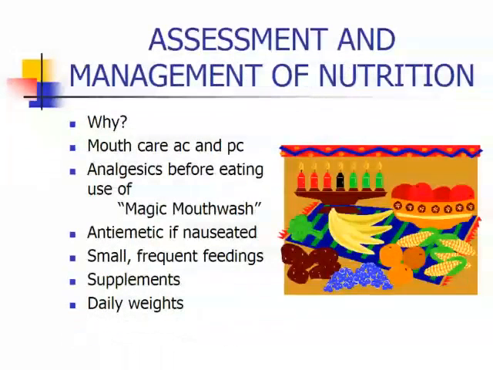Nutrition is really, really important because they'll be in a hypermetabolic state from chemotherapy and the disease process. They'll also have associated anorexia, pain, and nausea. So assessment and management of nutrition is very important. Mouth care before meals and at bedtime. You want to use analgesics